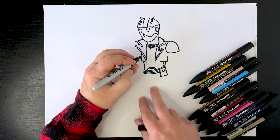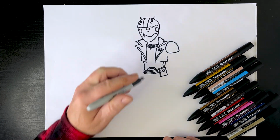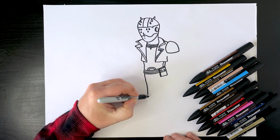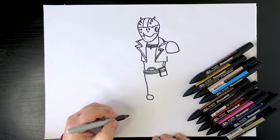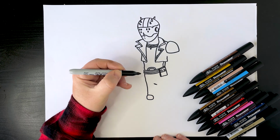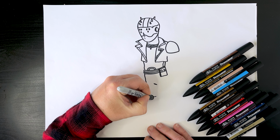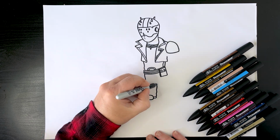Okay. Let's do the trouser areas. So leg's going to come down here, the feet are coming out this way. So I'm just going to draw a line down there where the knee would be. Draw a little rounded rectangle there. And we're thinking, yeah, probably about there is where the trousers meet. So just put a little line in there, join up the inner leg there, and the outer leg can come